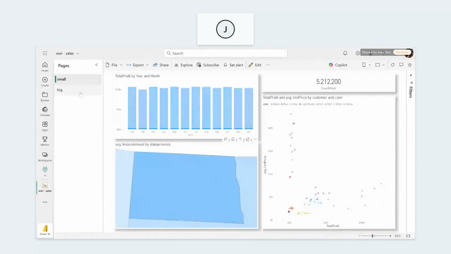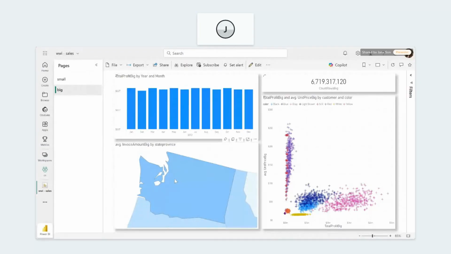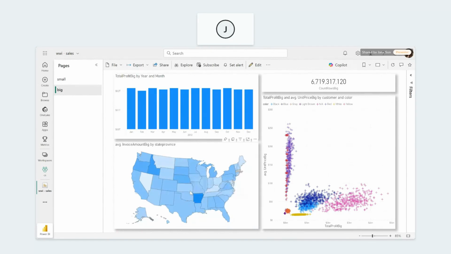We call that the small report, however, because we also have the large report, which has almost 7 billion rows. Similar story, Direct Lake connection. We're getting the updates in real time, if anything's being inserted, updated, etc. So the Analysis Services engine here is scanning Delta in real time, the most recent version of it. And again, let's see what performance we can get with something like 7 billion rows.